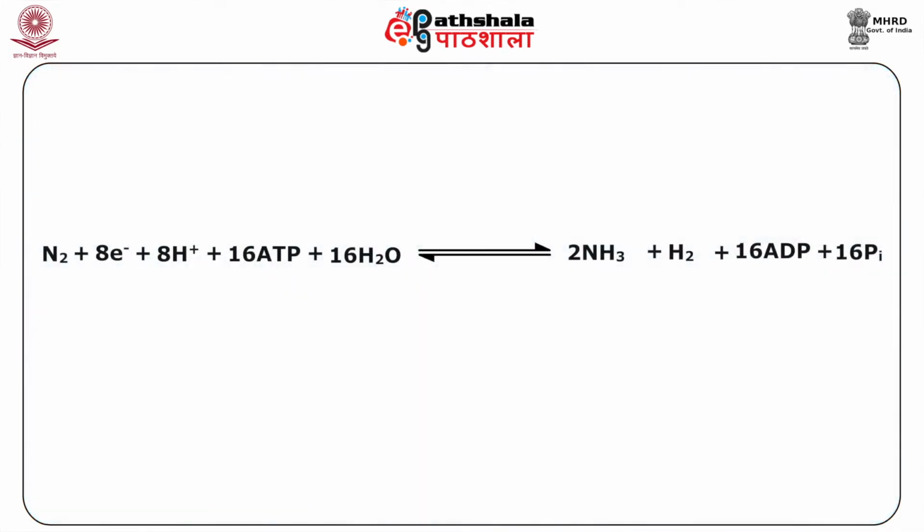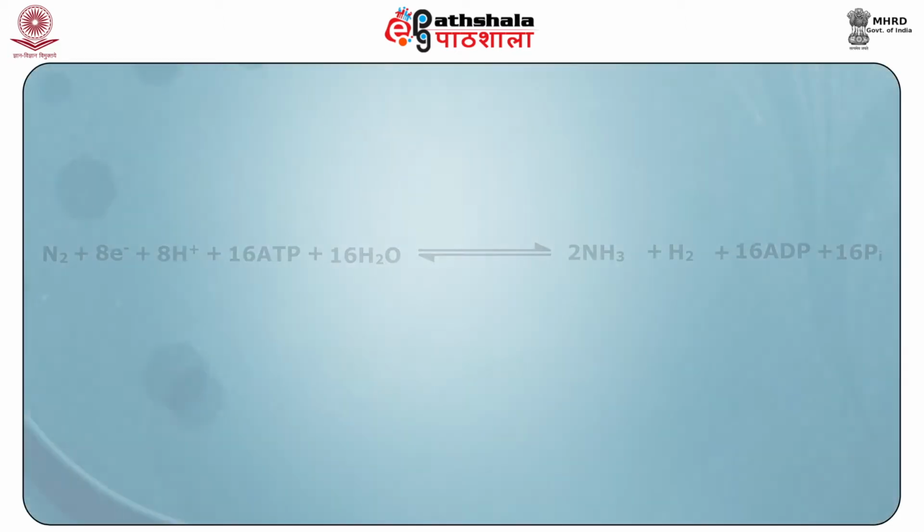The nitrogenase family of enzymes is comprised of molybdenum dependent, vanadium dependent and iron dependent forms. All of them can reduce dinitrogen to ammonia under ambient conditions. Of all, the best studied form is the molybdenum dependent nitrogenase enzyme, which utilizes 8 electrons, 8 protons and 16 ATP molecules to produce 2 molecules of ammonia and 1 molecule of hydrogen, as shown in the reaction.